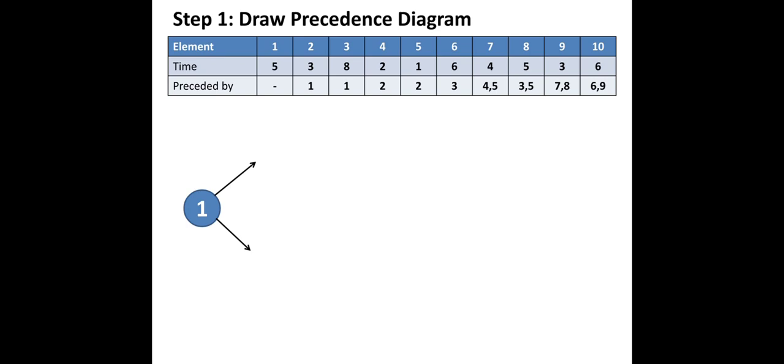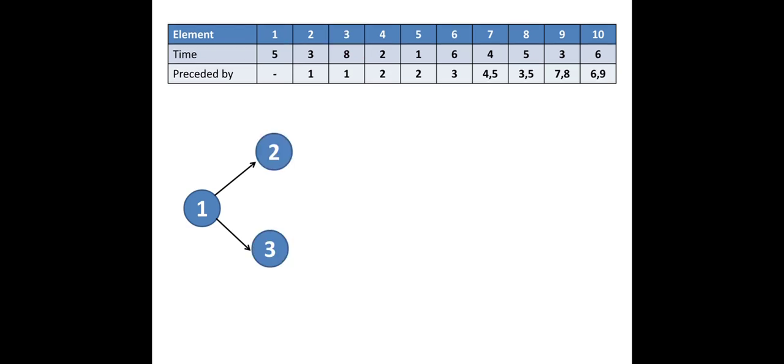So step 1 is to draw the precedence diagram. So here I have represented the given data in a horizontal fashion. So it represents time, that is element, time and preceded by, I have taken instead of immediate predecessor. So if you see, there is only one element which doesn't have any precedence constraint, that is nothing but element number 1. So which has been drawn first, and if you go for element number 2 and 3, we can see that it is preceded by element number 1. So I have drawn two arrows from element number 1, so to represent element number 2 and 3, that is in this fashion.